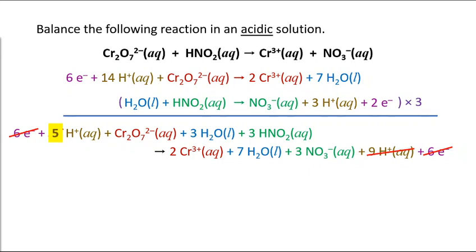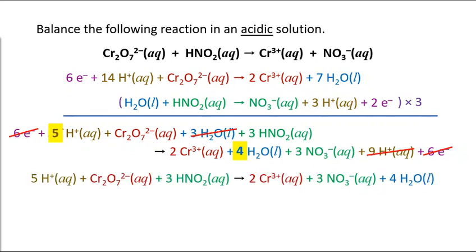But the waters: on the left side you have 3 waters, on the right side you have 4 waters. And so 3 of those waters on both sides can cancel out. Your 3 H2O will cancel completely out, and your 7 waters will now become 4 waters. And the last thing you have to do for this particular problem is just throw it all into a nice